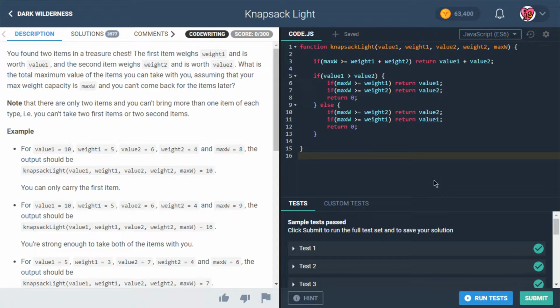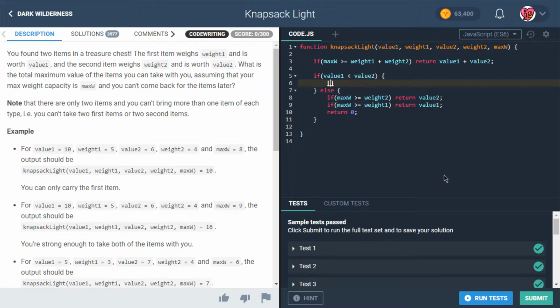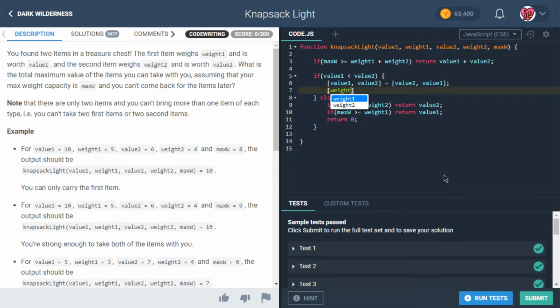Okay, great. Now there are other ways we could do this. For example, we could say if value 1 is less than value 2, then we'll switch them. We'll just say value 1 and value 2 will be assigned the value of value 2, value 1. This is a really cool way of switching the values of two variables in JavaScript when we don't want to